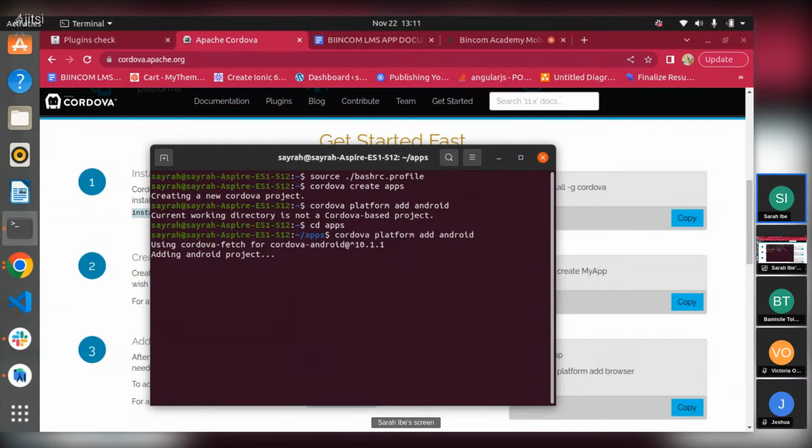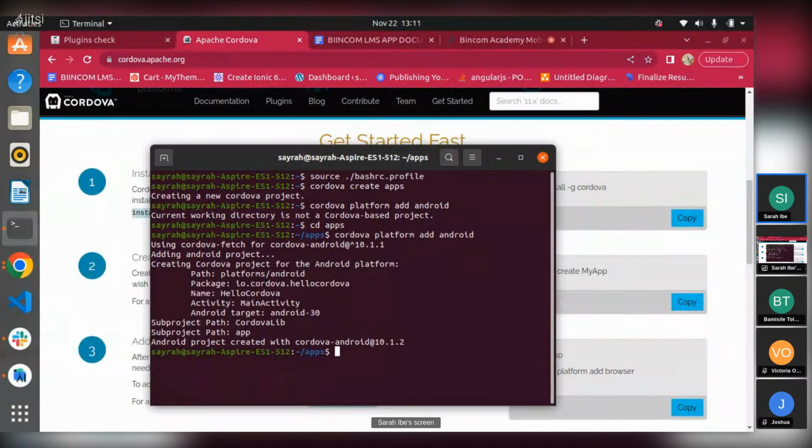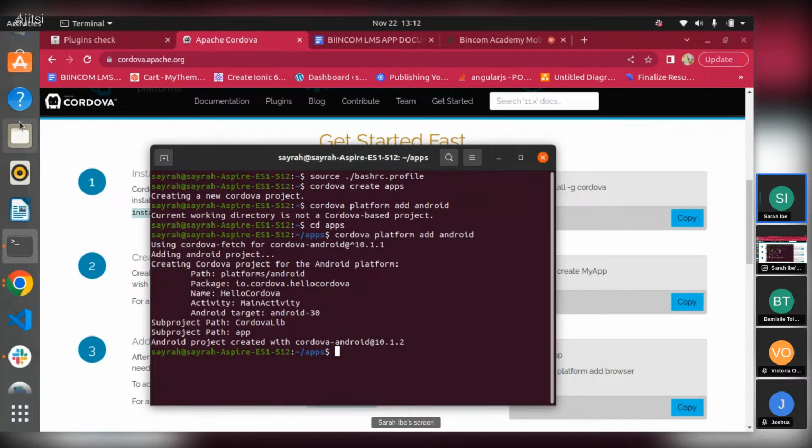Okay, so I've created a Cordova project apps and I've added the platform Android. My Android target is Android 30, as I showed you now, the SDK installed, and the version created is Android version 10.1.2.